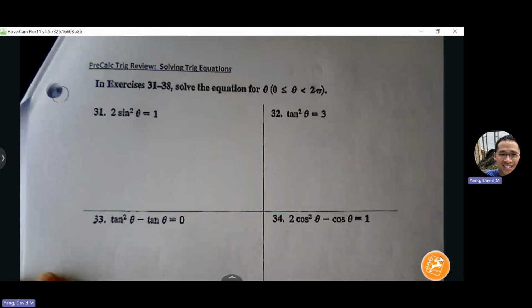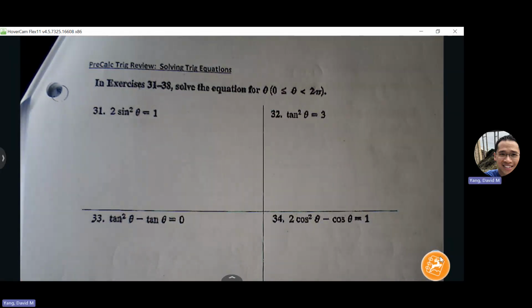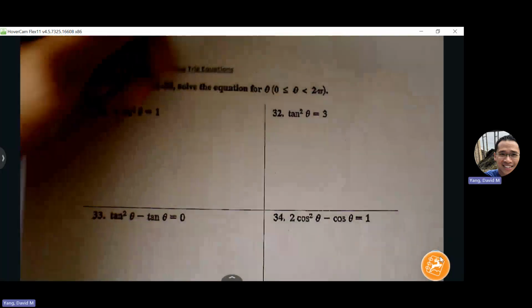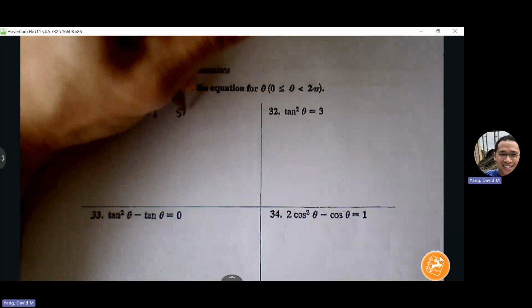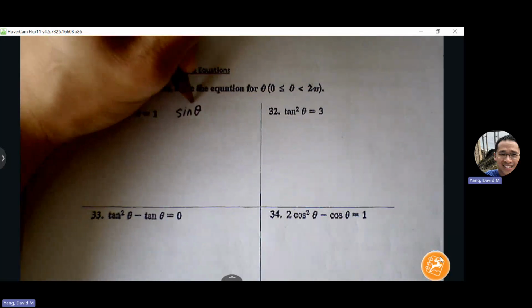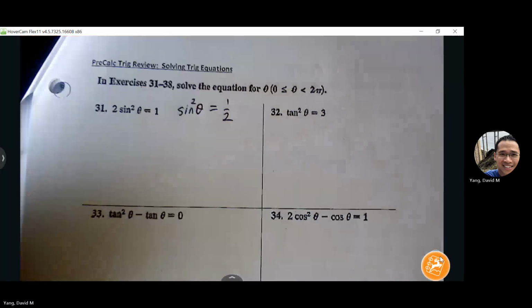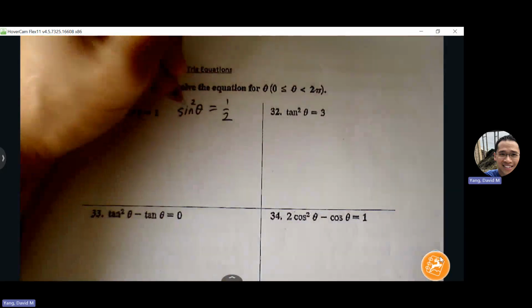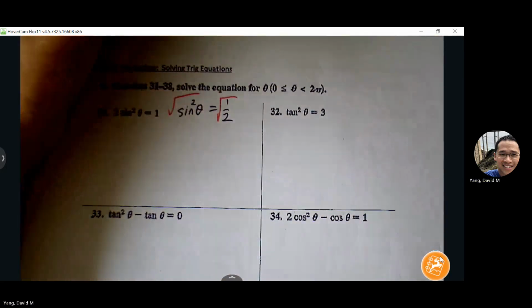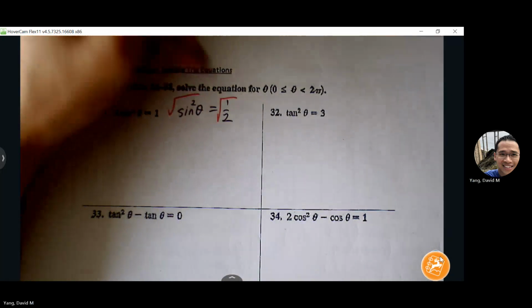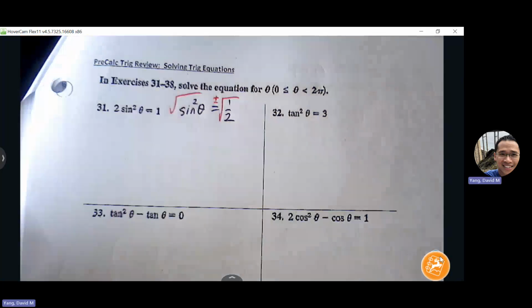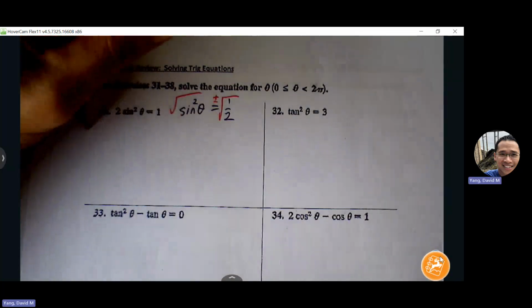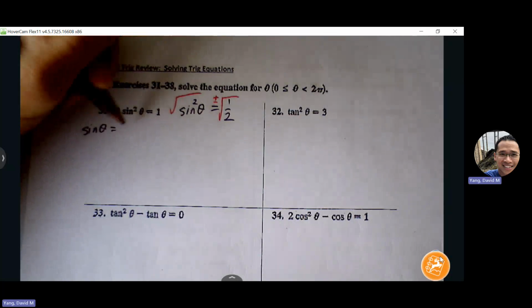All right, so 31. 31 says 2 sine squared theta equals 1. We can divide both sides by 2, since we're trying to get it all the way down to sine theta if possible. Okay, what can we do next? Take the square root. Now, what's going to happen when you take the square root in an equation? It's going to pop up on the right, plus or minus. Okay, so that means we're trying to find out where sine is equal to plus or minus